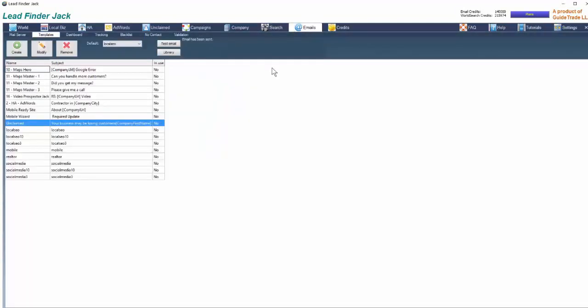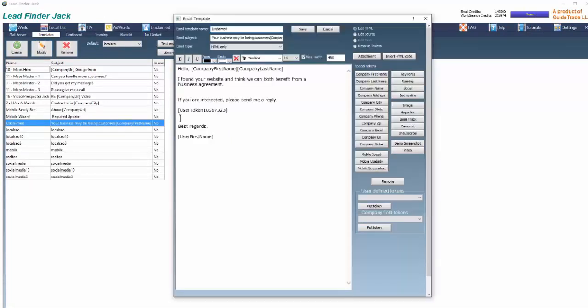Go back to email, modify, and put your mouse wherever you want the token to show up. No reason you couldn't use more than one token if it was appropriate. So you click on the little drop down arrow under user defined tokens and select whatever token you want to use. So you click put token, and when you're finished, save